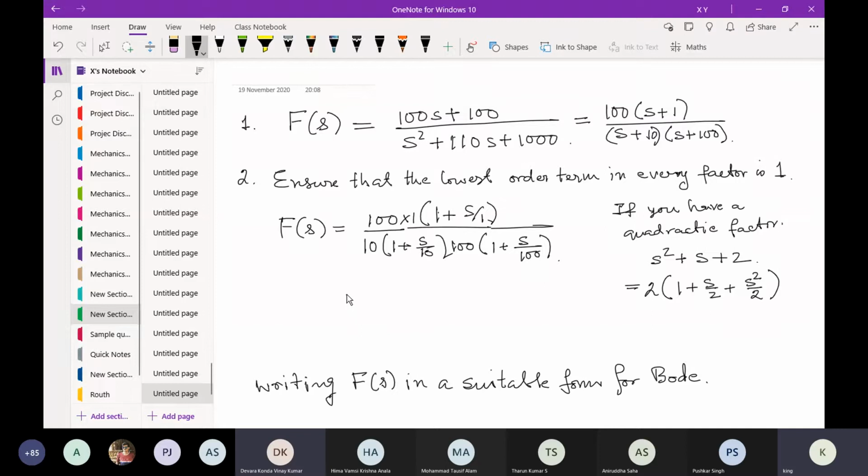So for this particular function, this will simplify into something like 0.1